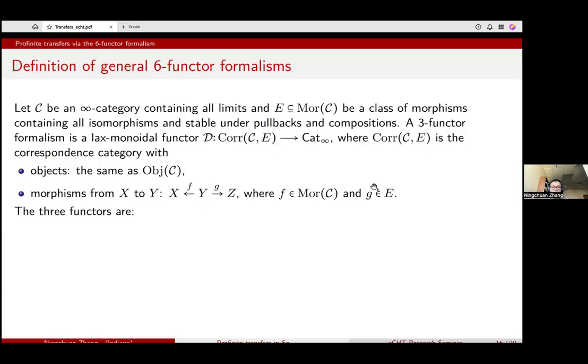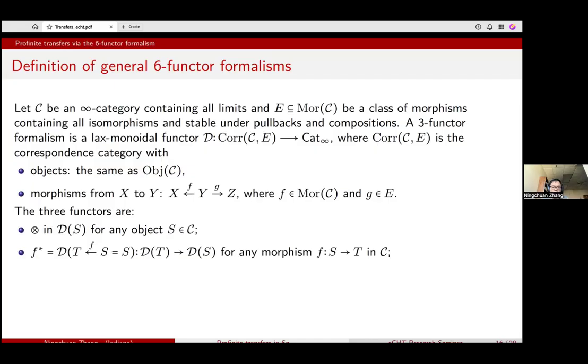So given this, we can define the three functors. For each D of S, there's a tensor product, a monoidal structure. That's the first functor. Then we have the pullback, which is the induced map. Since this is a lax monoidal functor, it also induces some